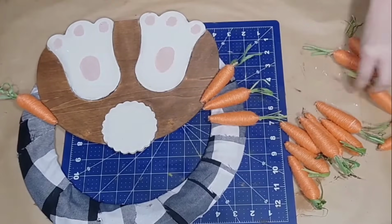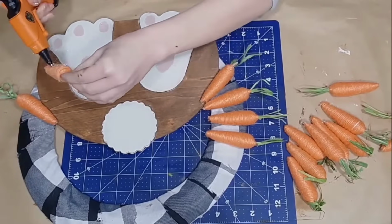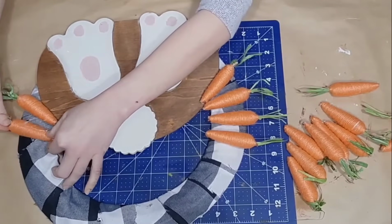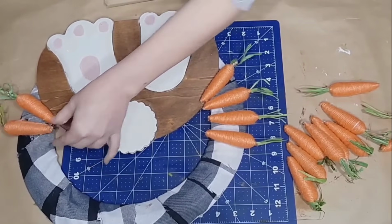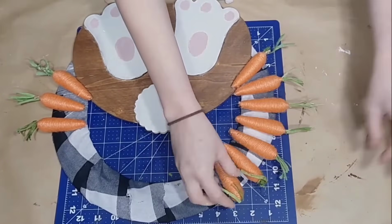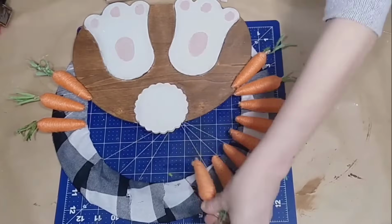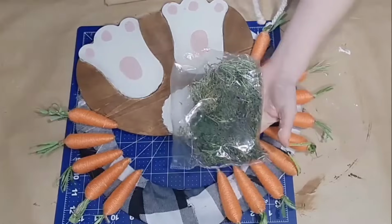Now you'll see I left a space at the top because I thought I was going to add a bow. But I end up going ahead and filling that space in with the carrots because I decide to not give this a bow. So I just use hot glue to apply these carrots down. I just kind of eyeball it. The spaces are not exact. I just try and leave a little space between each one